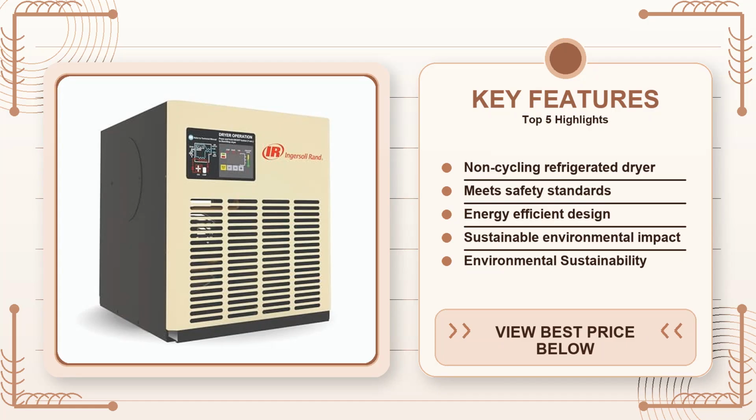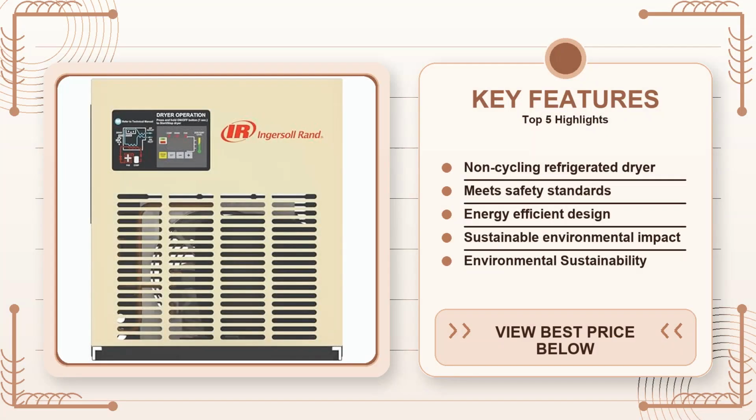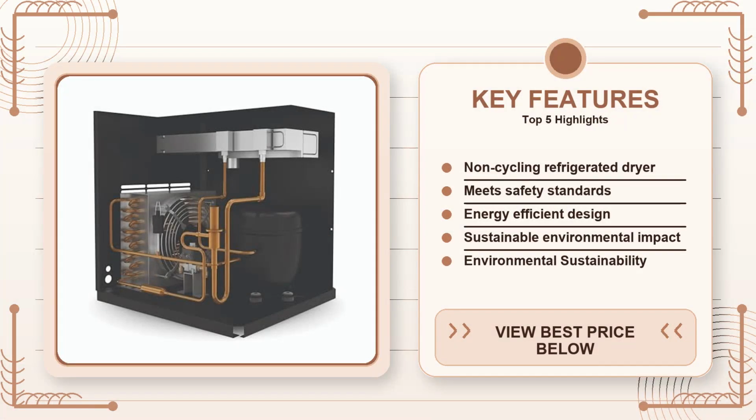Also, the warranty is 2 years, which is shorter than some competitors that offer 3 or 5. Ingersoll Rand covers parts but not labor if you have to pull it apart yourself, so factor that into your long-term